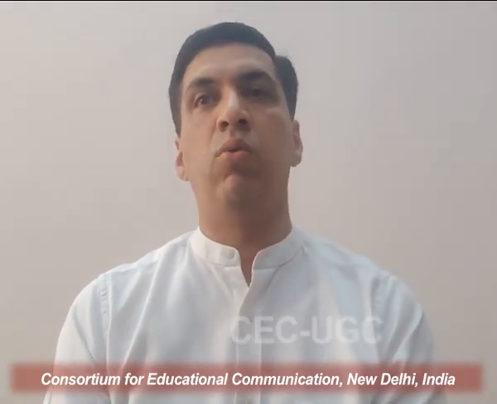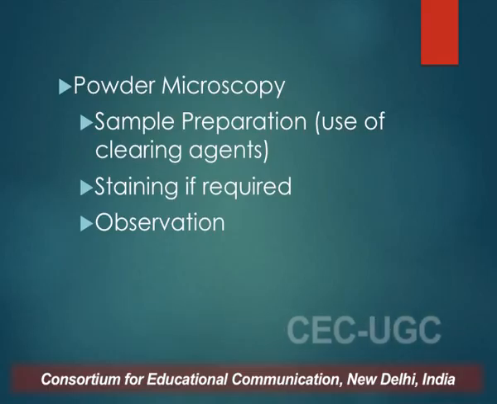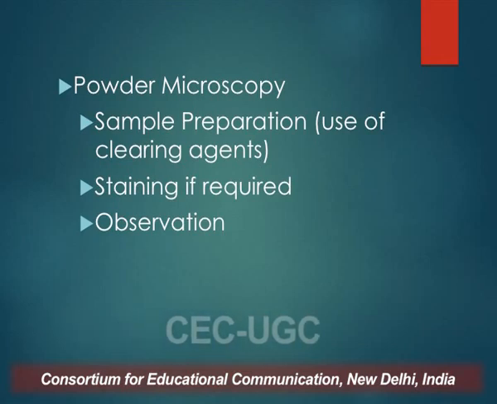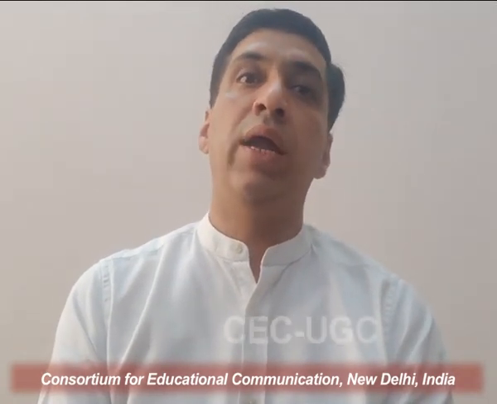So this was how the samples or the section cutting is done in case of hand cut section as well as microtomy. So once the sections are cut, they are mounted on the slide, then we go for the observation of different characters. Now coming on to the sample preparation of a plant material when we get it in a powdered form. Now we all know that before we powder a material, we have to first dry it. And when we dry it, again the moisture is being removed from the plant material and all the tissues or the cells get shrunk. So the first step is to rehydrate or hydrate the powder or the cells that are